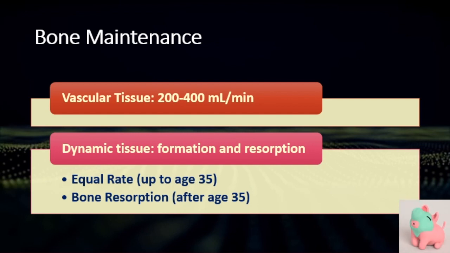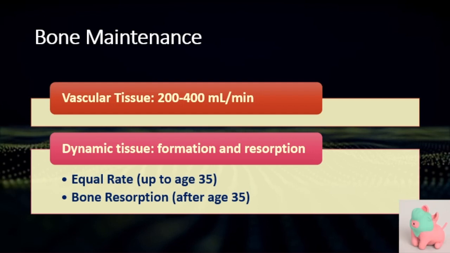In your bone maintenance, bone is considered to be a vascular tissue. It is estimated to have a total blood flow of between 200 and 400 ml per minute. Vascular means blood vessels are coming through. Then, it is a dynamic tissue, meaning it undergoes a continuous process of formation and resorption or destruction at an equal rate. In other words, the action of your osteoblast and your osteoclast should be at an equal rate up to